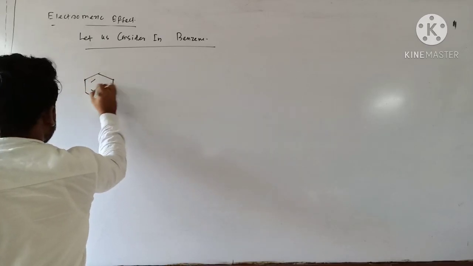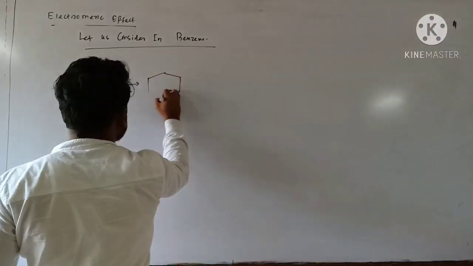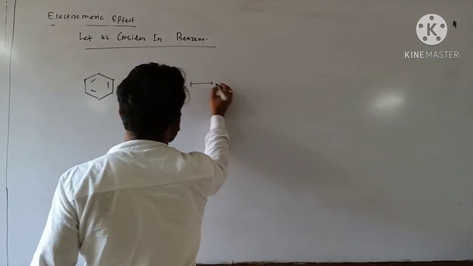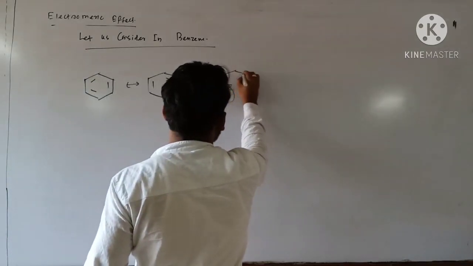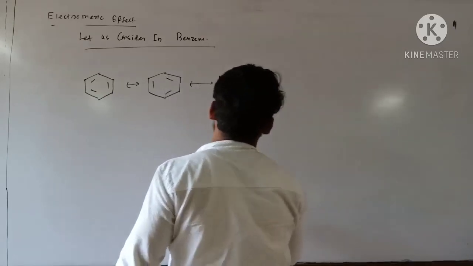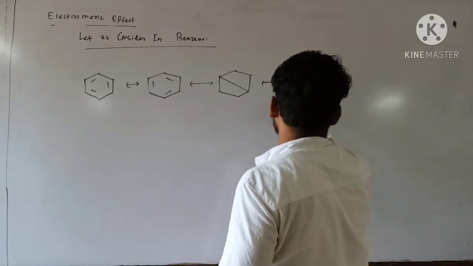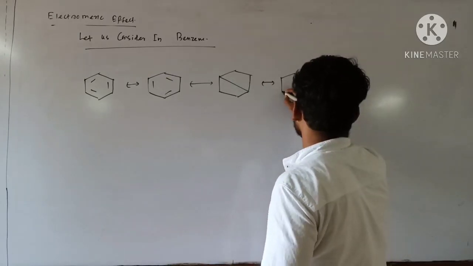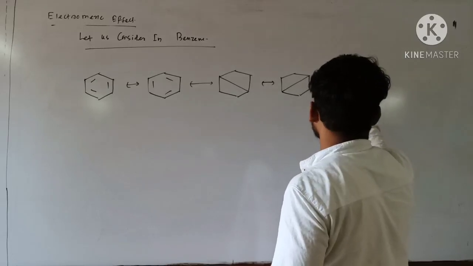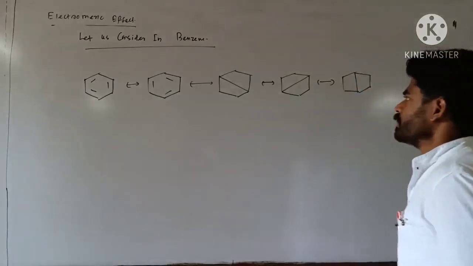So one like this one, so like this one, so one is this one, one is this one, another one is this one. So here you see